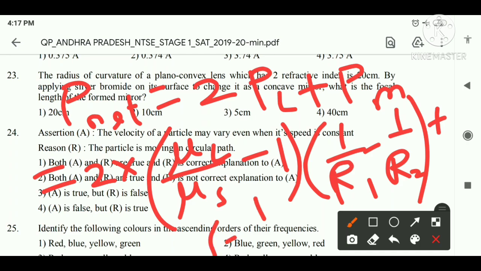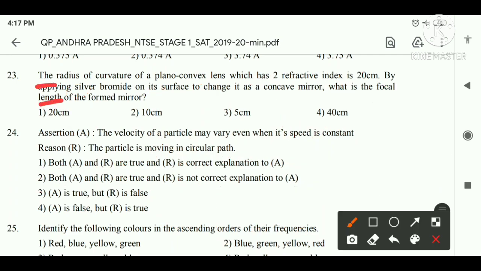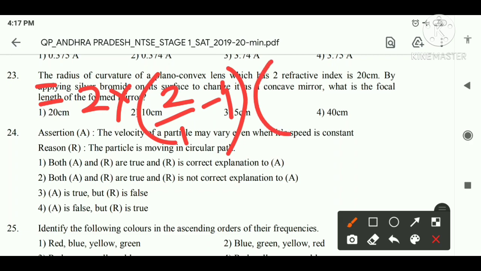Here it is minus 1 by the focal length of the mirror. Now put the values: 2 into bracket, the refractive index of the lens is 2, given, and the surrounding is air, whose refractive index is 1, so minus 1, and